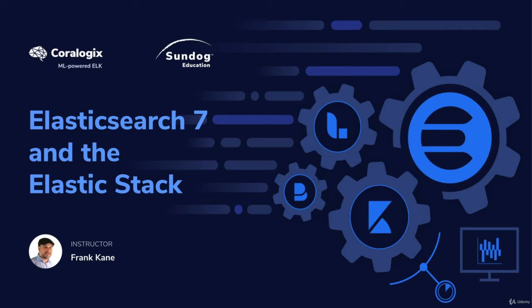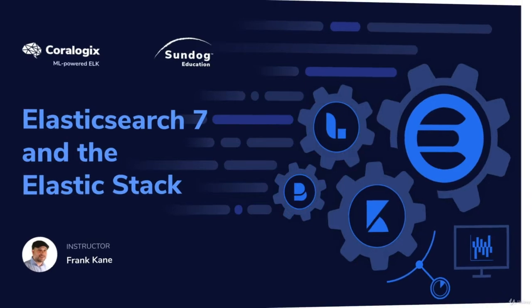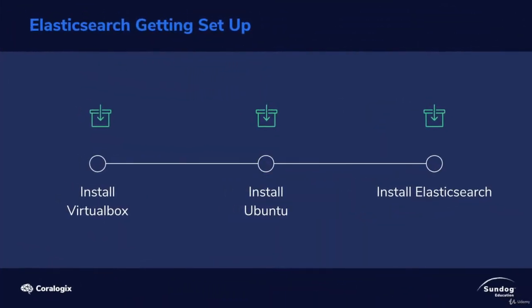Let's dive in and get Elasticsearch installed on your home PC so you can follow along in this course if you'd like to. Now, Elasticsearch is going to be running on an Ubuntu Linux system for this course, but if you don't already have an Ubuntu system sitting around, that's okay. What we're going to show you is how to install VirtualBox on your Mac or Windows PC, and that will allow you to install Ubuntu running right on your own desktop within a little virtual environment.